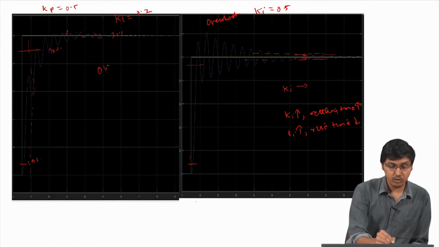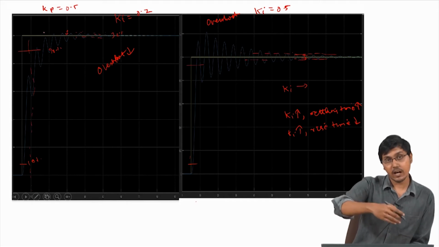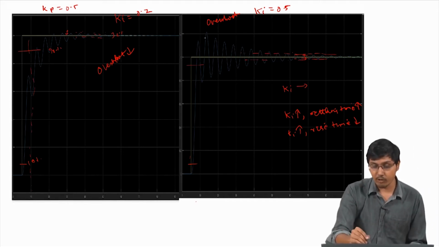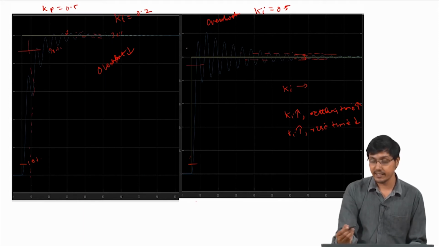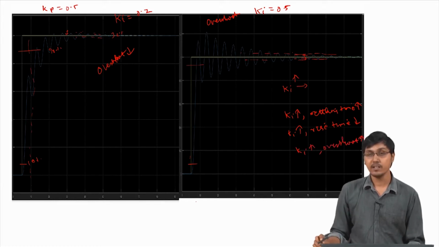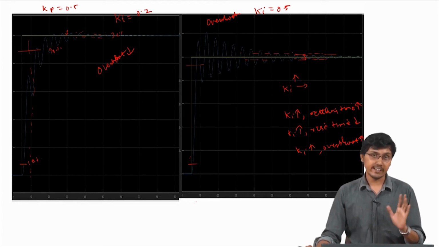So, here overshoot is very less, like percentage, like after this is the final value. So, how much above the final value this has gone, that is very less here, but here how much above the final value it has gone is very high. So, increasing the Ki actually increases the overshoot value. So, this is something that we can remember. So, these are the responses that we have for an integral gain.